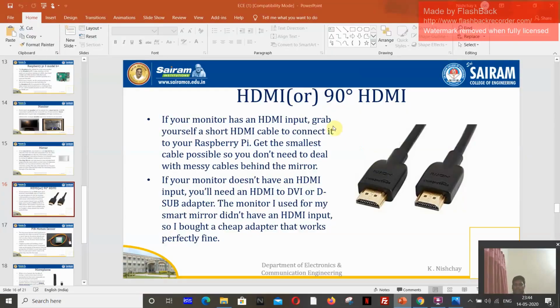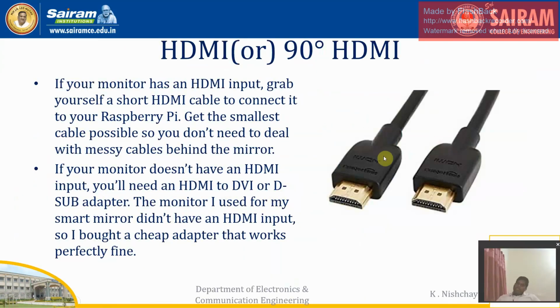Now going back to the HDMI. I told you how the program should be installed on the Raspberry Pi 3B plus model, how the HDMI cable works, and what type of software should be used to import the image into the drive, so that the person is able to see the pictures on the smart mirror.